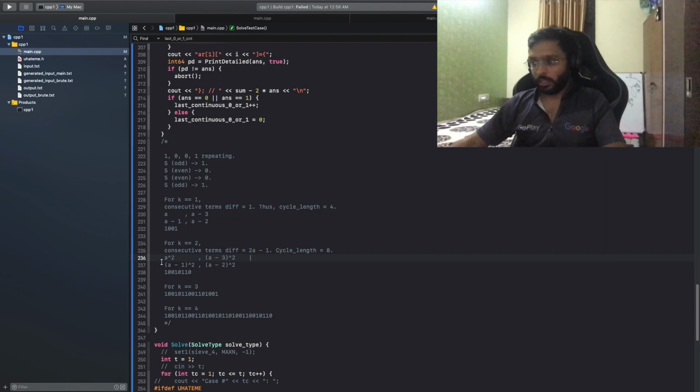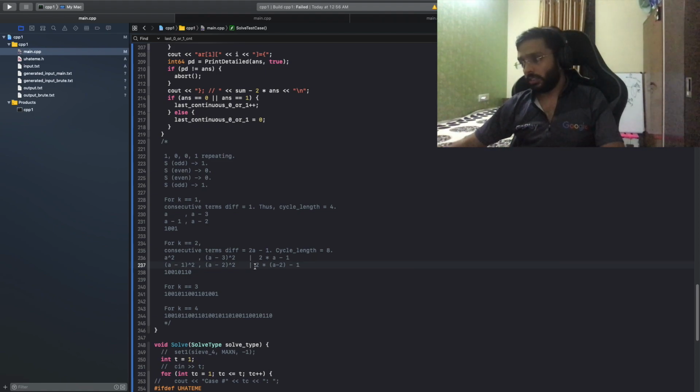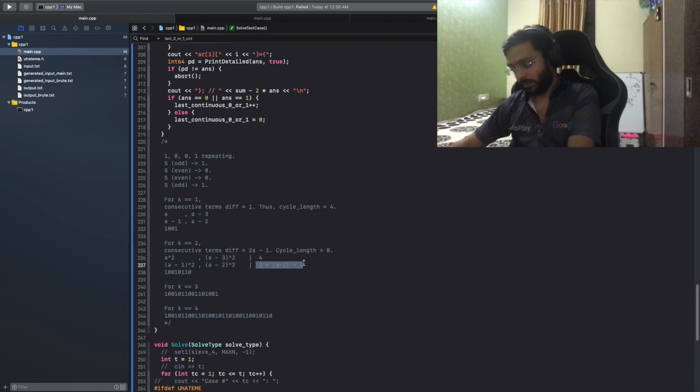If I look closely, with a square and a minus 1 whole square, I will have 2 into a minus 1 extra candies because of these two terms, and because of these two terms my friend will have 2 into a minus 2 minus 1 extra candies. So if I just take the difference for this, 2a minus 1 gets cancelled, minus minus 4. So ultimately I will have 4 extra candies.